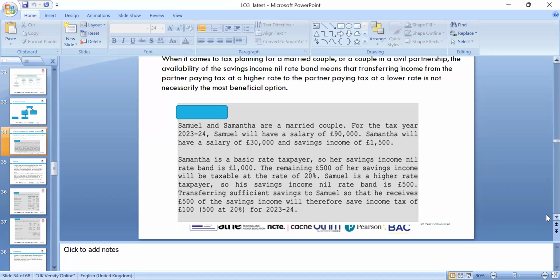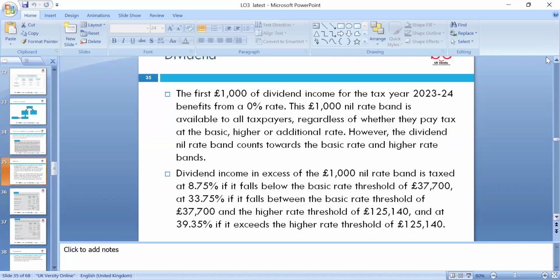So we can look at the moving, so we can advise on it. What sort of taxpayer you are, the tax bracket: we know 12,570 is no tax, 37,700 is taxed at 20%. If you earn more than that, your tax will go up to 40%, and if you're earning more than 150,000 plus, it is 45%. So we need to look at those within the tax rates, and we can advise accordingly.